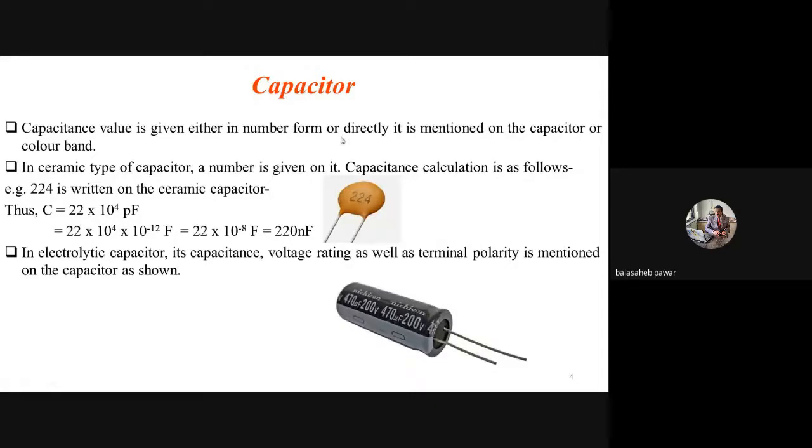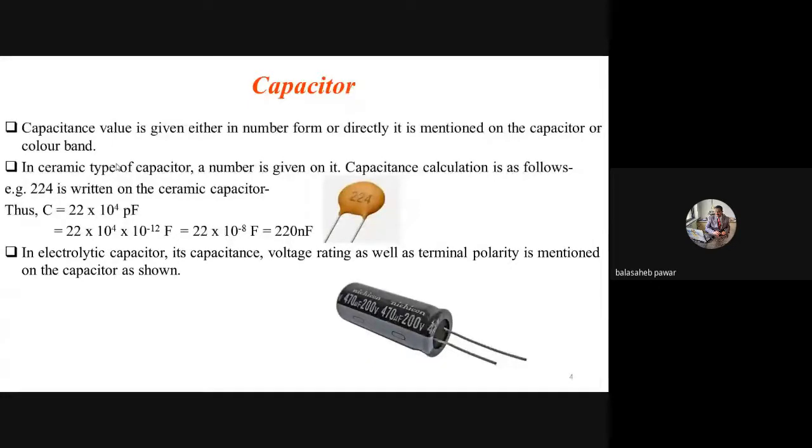See, one number is written on this ceramic type of capacitor, that is 224. By this number, how do we identify its capacitance? Remember, first of all, note down the first two digits as they are. So you write 22 as it is, because the number is 224. Then 22 into 10 is compulsory, as in the case of resistors and their resistances, and its power is the third number, that is 4 in this case. So 22 into 10 raised to 4.